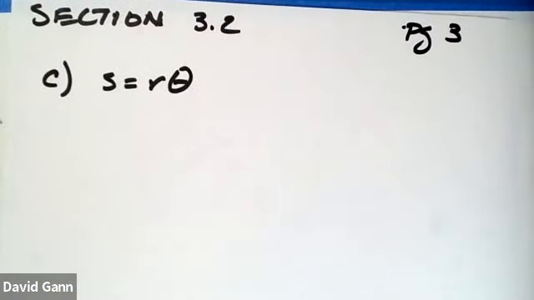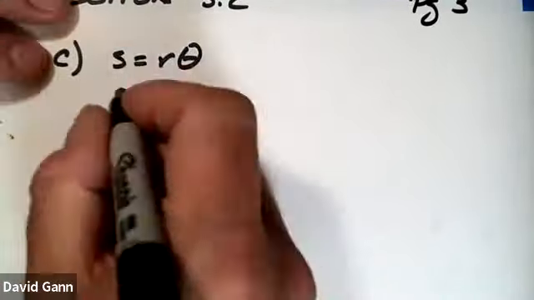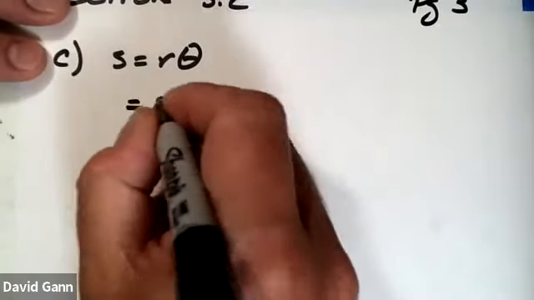So what's the conversion between a revolution and a radian? Well, one revolution is one lap around the circle, which we know is equal to 2 pi radians. So the conversion is 2 pi radians equals 1 revolution. And so I'll force feed it here a second. So S will be equal to